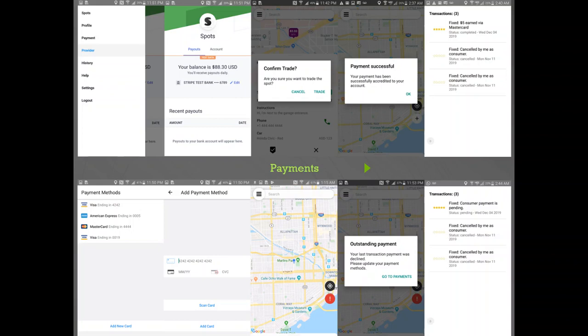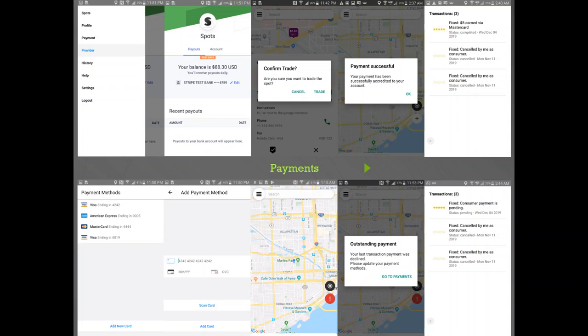When this occurs, the account gets locked, so it's not possible to reserve any spots or publish them, and it will automatically redirect you to the payments screen to solve the situation. And as soon as there's a new payment method, the backend automatically detects it and redoes the charge.